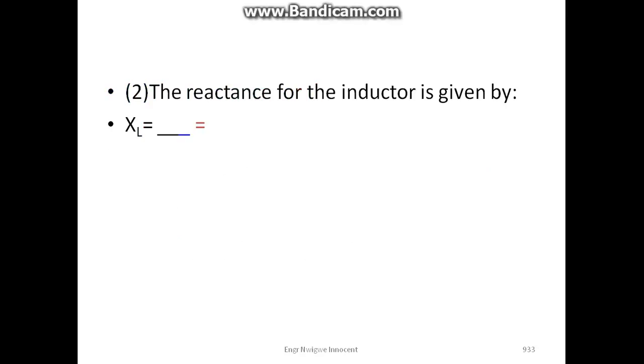Impedance. The overall opposition of mixed circuit to the flow of an alternating current in a resistor and or